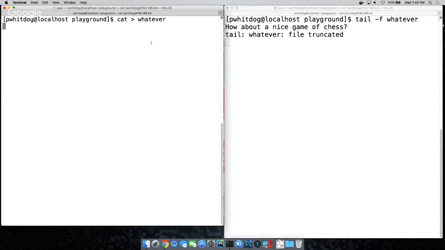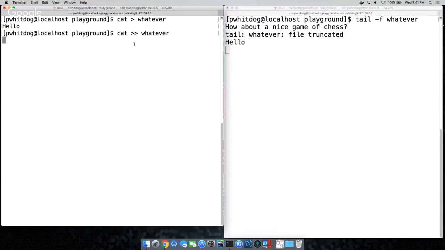Look at what tail just did. With the single redirection operator, it says the file just got truncated. It just erases what was there and you're starting over. Now type hello, and now tail on the other side is updating. Do a Control D on your left-hand terminal, which says I'm done with the file. Now do a cat with a double redirection operator, and look, the tail didn't get truncated that time.